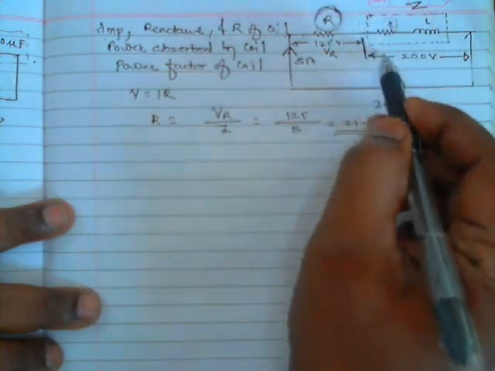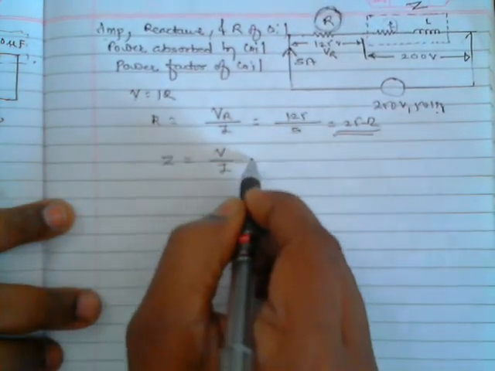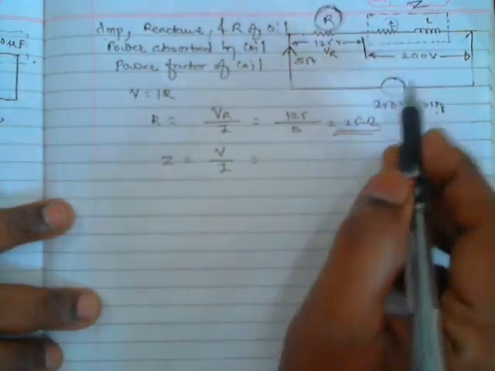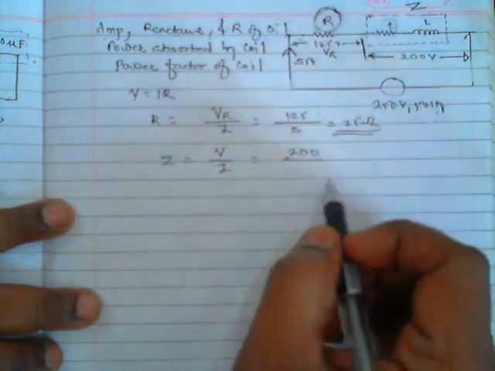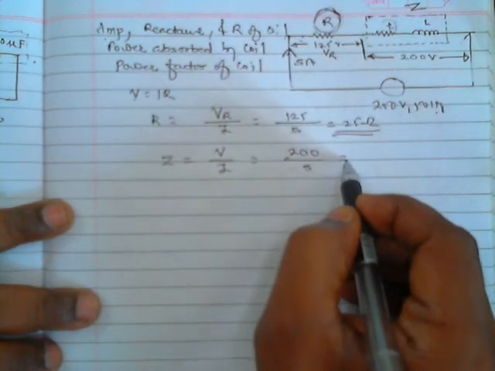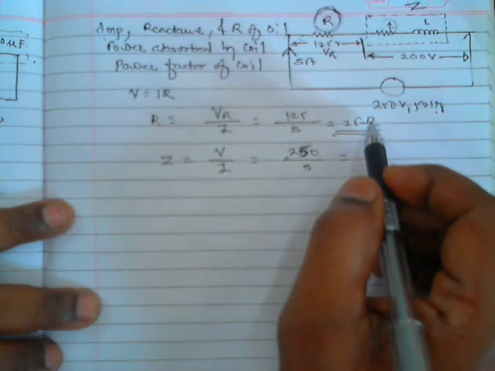Okay. So what is the total impedance of this particular coil? For this coil also Z is given as voltage divided by current. Now Z of coil is how much? 200. Current through coil will be the same, so that is also 5. Sorry, this is 250, no? 250. Just a second.